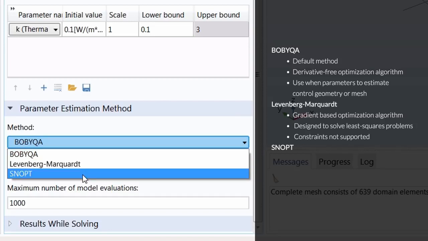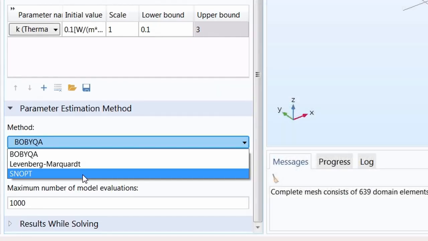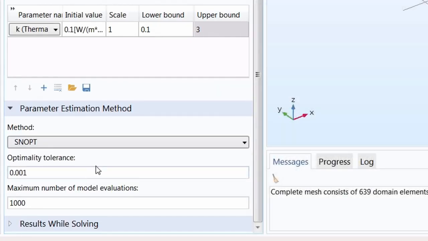Lastly, we have the SNOpt optimization algorithm, which is also a gradient-based method, and finds the optimal solutions to a very general class of optimization problems. With this method, any constraints can be applied. So let's go ahead and choose this method. And for more information on these methods, please see the chapters on optimization algorithms and optimization solvers in the Introduction